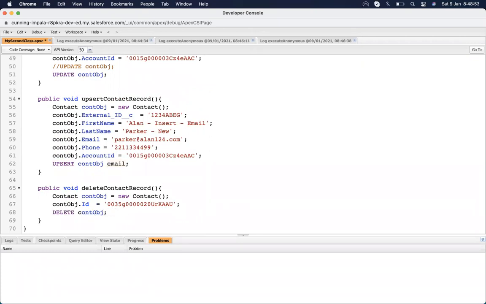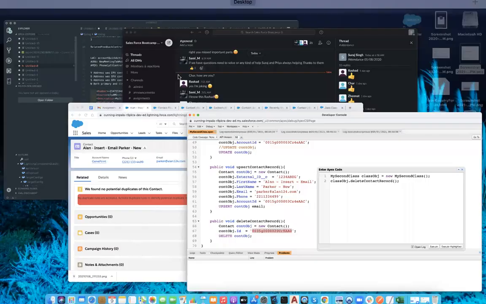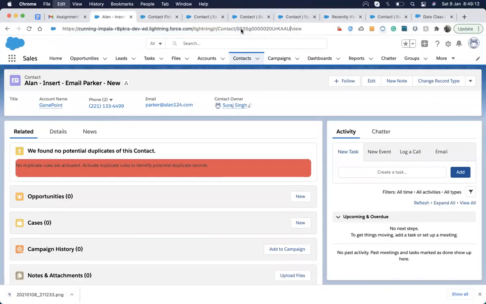Okay. For delete, we need only one field, which is the ID, and then I put it. Let's delete this record. First, let me open this record so that you can see where that record is.